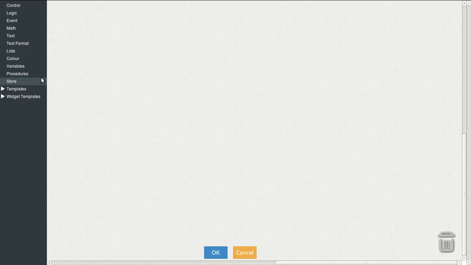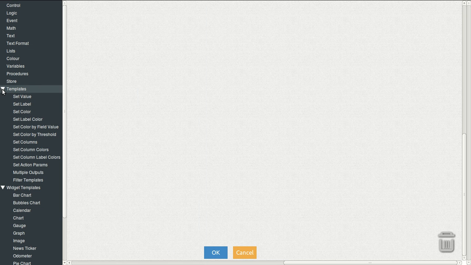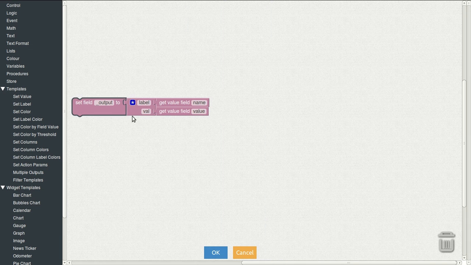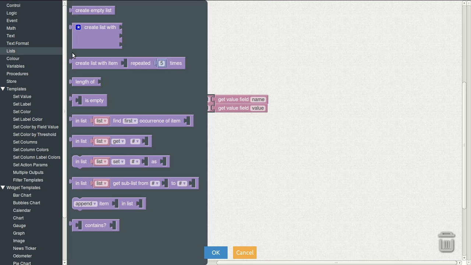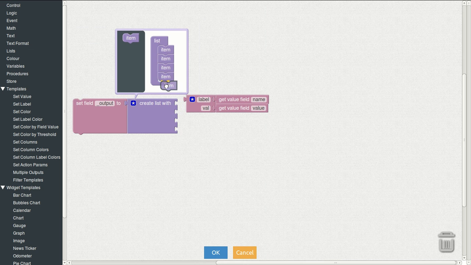So this, we can see the table requires a value with a list with one item for each column, and a label specifying which row I'm referring to. So whenever a new value comes from an existing row, it will be replaced instead of appended. So for that we will do something similar to the thing we did before. Multiple outputs, we will use this one. We will create a new list with 5 elements,